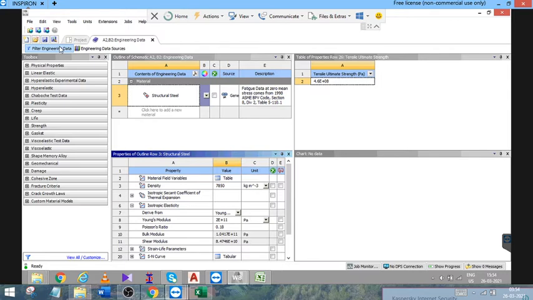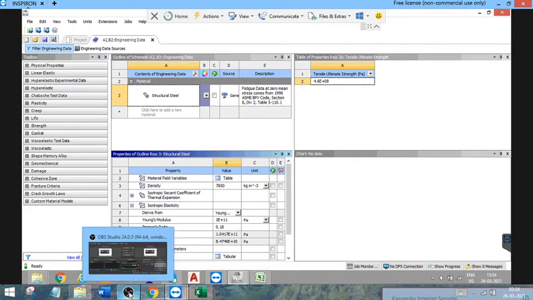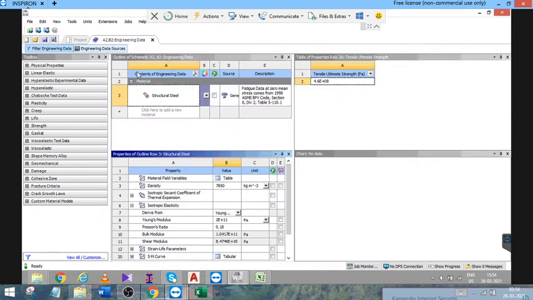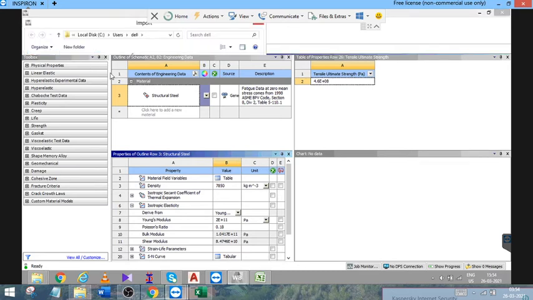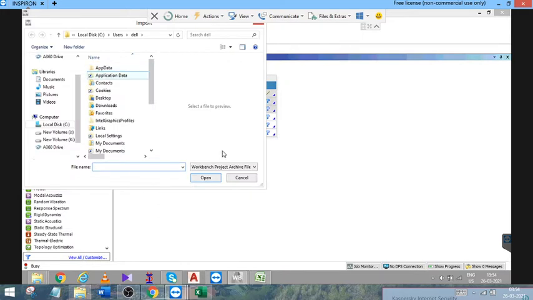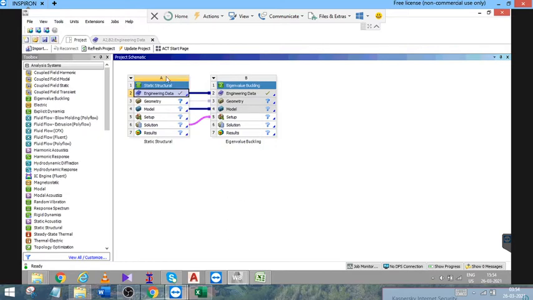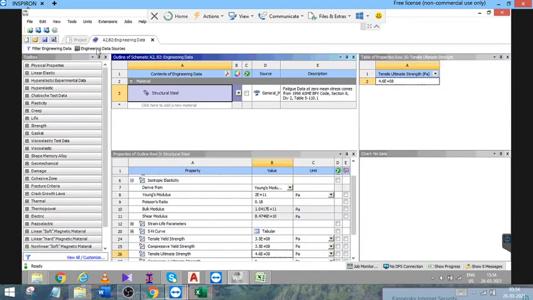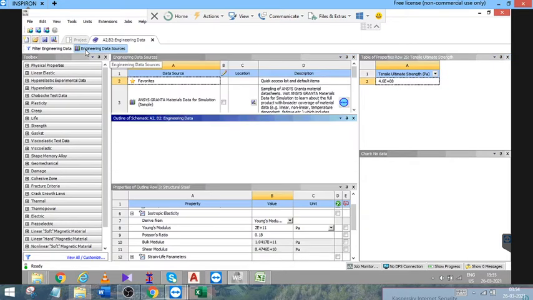And we'll have to add the properties of concrete too. For that, you need to click on the engineering data sources.